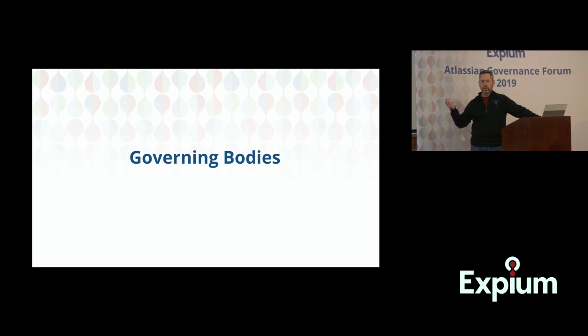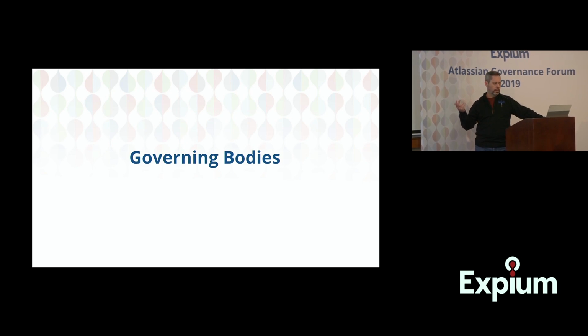But let's just assume we've got an Atlassian platform of about 1,000 users. If we've got 1,000 users, let's say they're really healthy, and we've got maybe 2 to 3 Jira admins. One of them is an Atlassian admin, so they manage Confluence as well, and the other Atlassian tools like Bitbucket and that sort of thing. Let's also assume that we've got enough activity going on across the platform that the